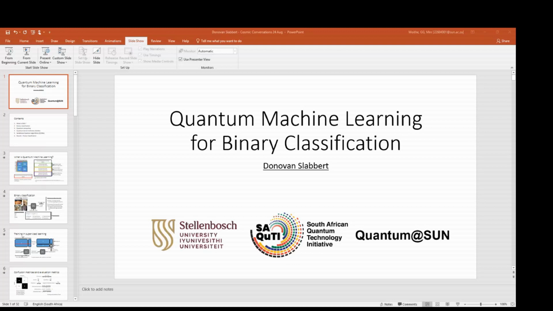And now we know what quantum machine learning is, we need to understand what binary classification is. So let us take the problem as to define or predict whether a picture is a cat or a dog. So the input is an image, or let's say a number for that matter. It could be a series of numbers, but let's look at images for now. The goal of binary classification is simple. We want to find some trained machine learning model to take as input one of these pictures and to give us an output as a 1 or a 0, a dog or a cat. And this has to be as accurate as possible.